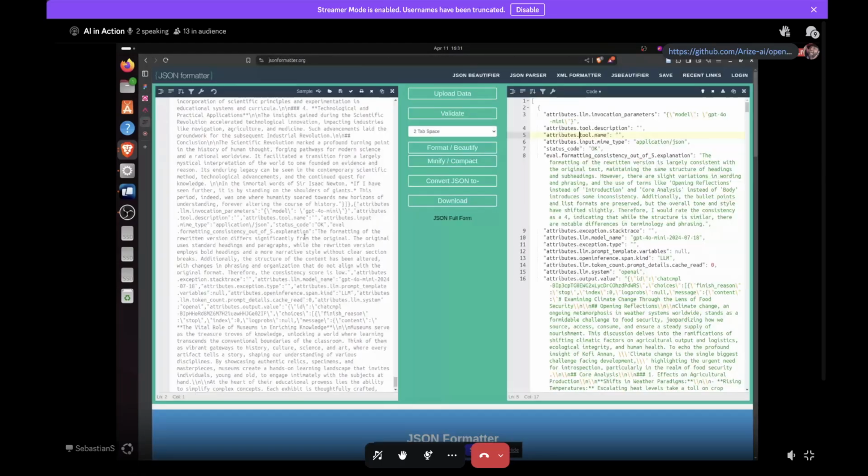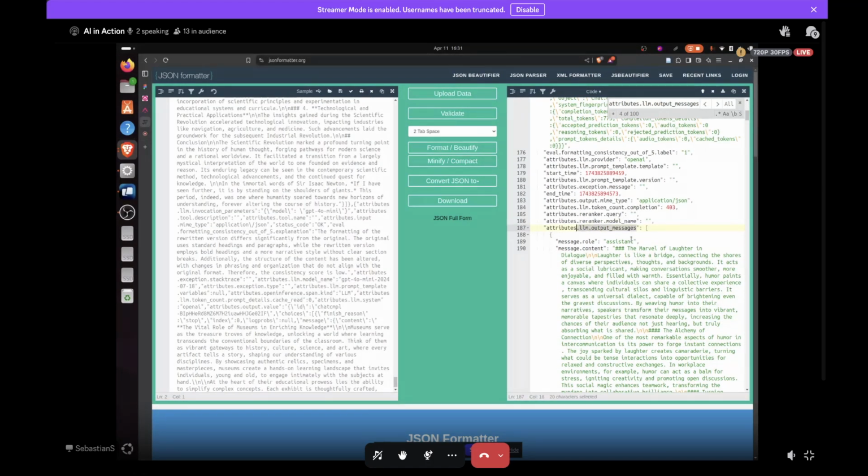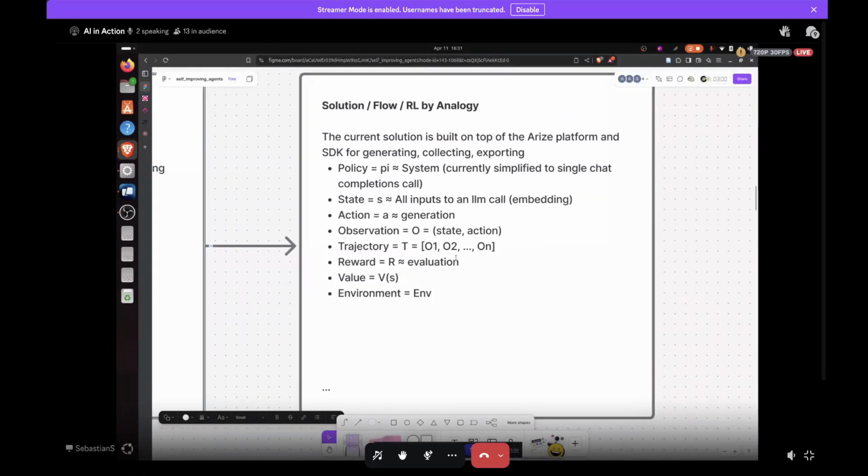which, as you can see, is a list of traces that I've been referring to without explaining it. This is one of the keys inside OpenInference, following OpenInference conventions, just to illustrate things. Okay, so moving forward,